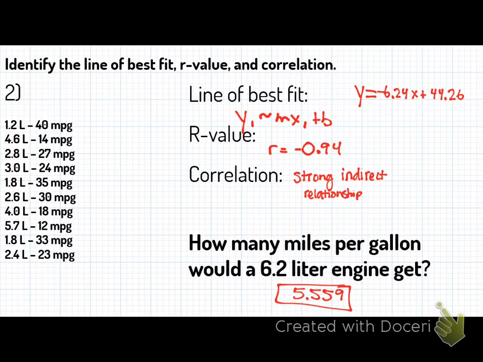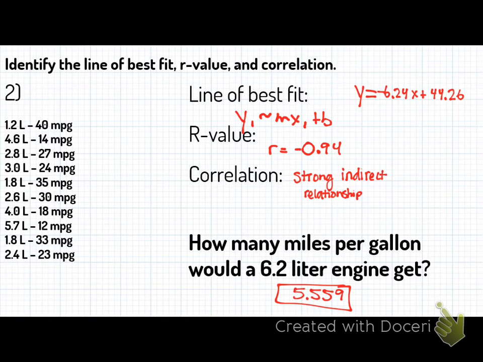That's our prediction. Now let's just say who has a car? Who has a nice car in here? Who wants to have a nice car? Okay, Tommy was first. Tommy has a nice car, okay? So let's just say, Tommy, what kind of car is your nice car? BMW. Okay, let's say Tommy has a new BMW. It's got this huge engine. It's got a 6.2 liter engine, okay? You did all of this work, and your math problem turned out that Tommy should get 5.59 miles per gallon,